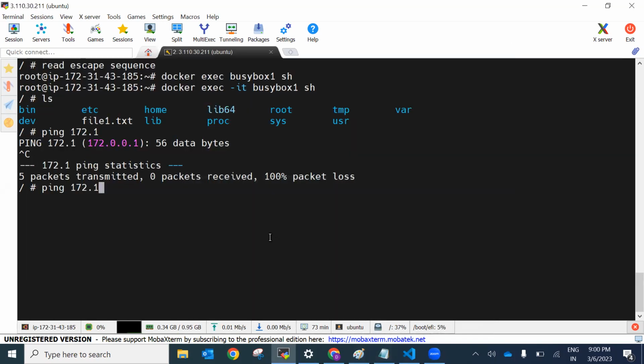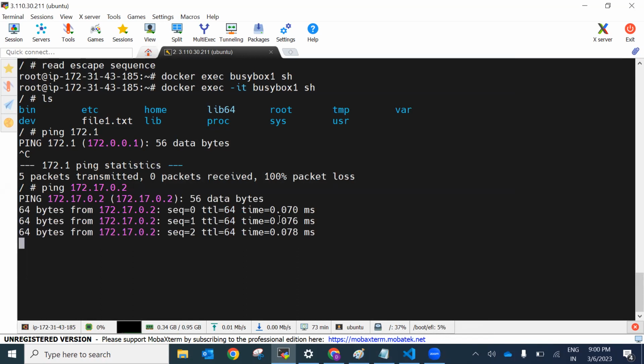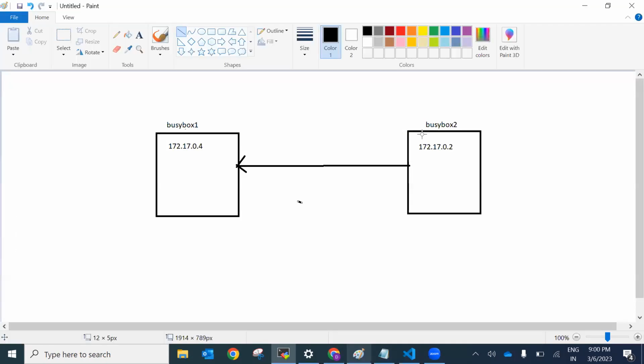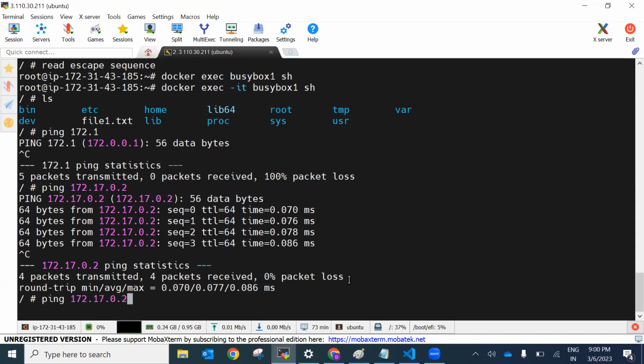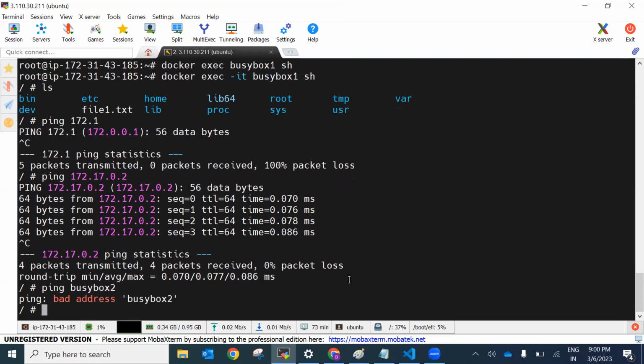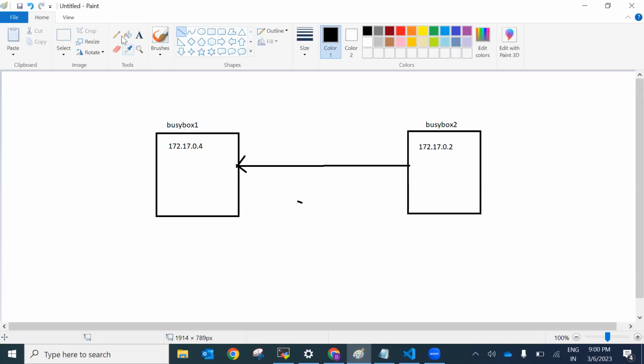Okay, 172.17.0.2. So those two are pinging each other with their IP addresses. And I will make a statement and I will conclude it. I will close the session today. So busybox2. Okay, it is saying bad address. Now, in this case,